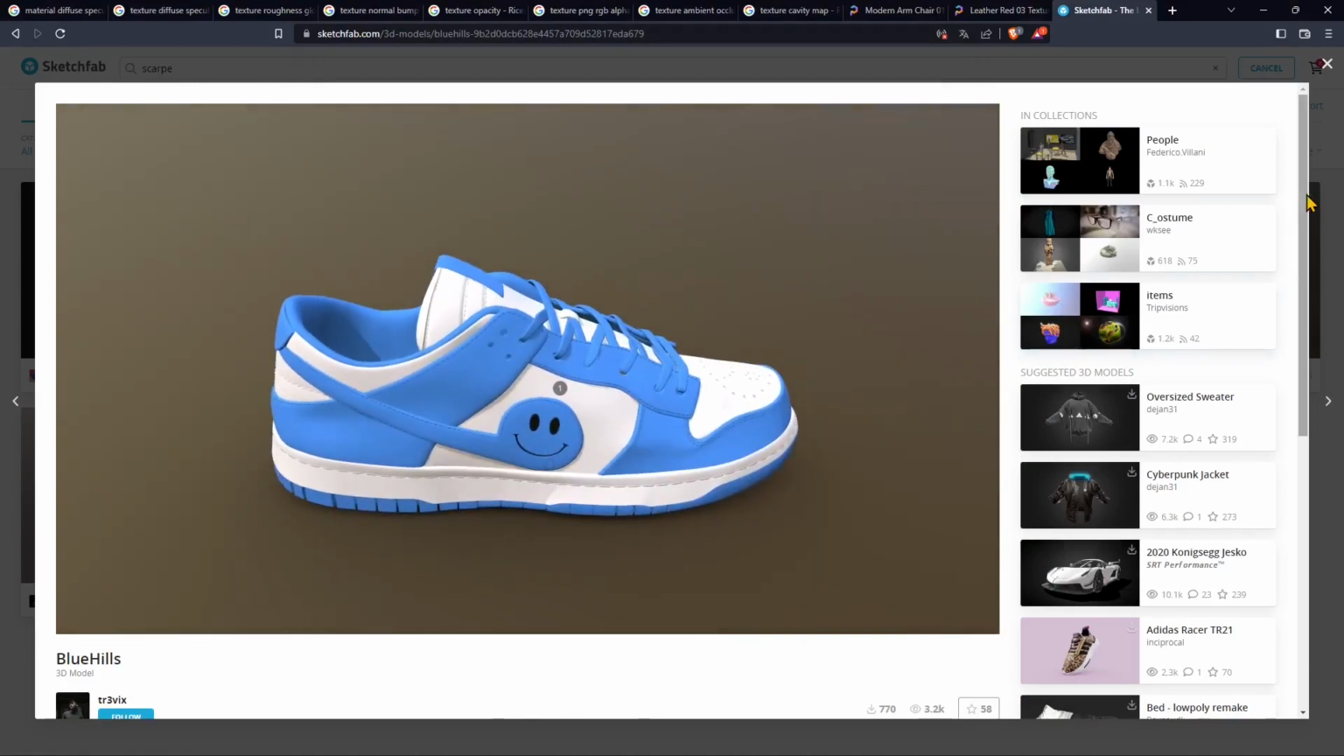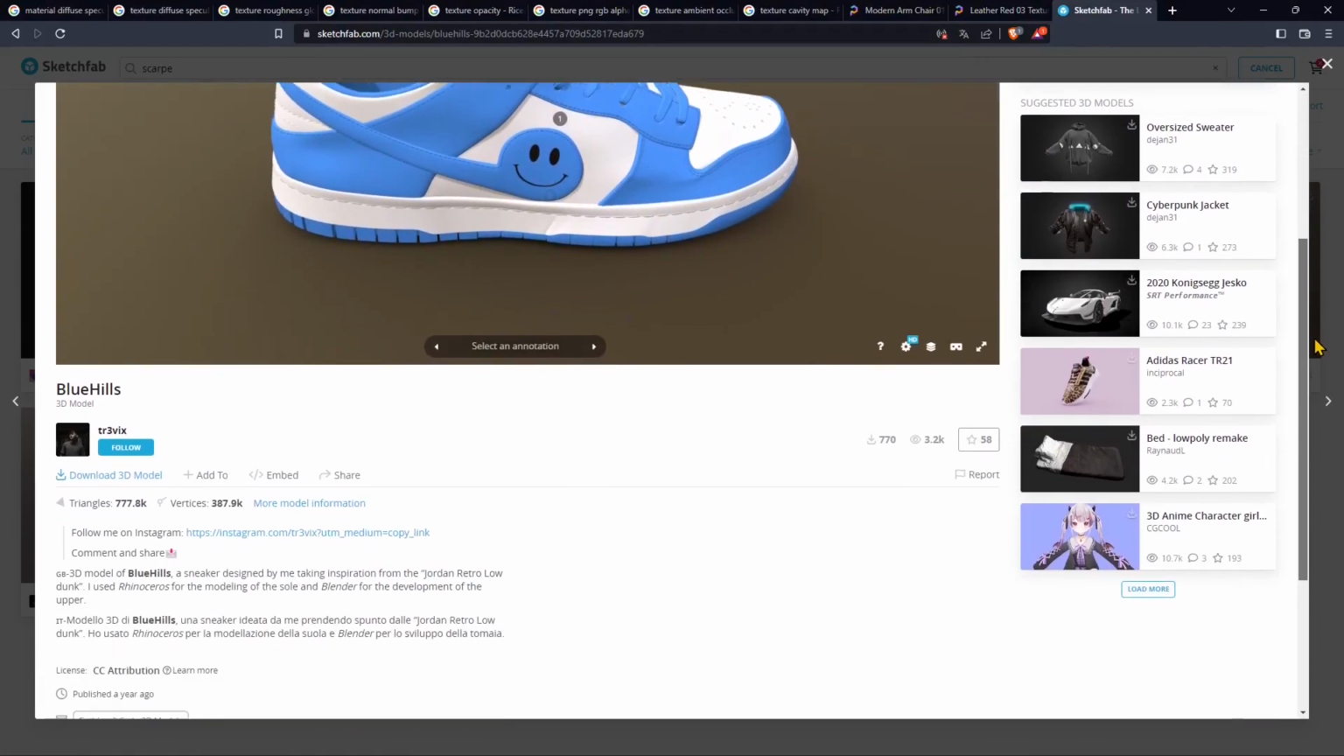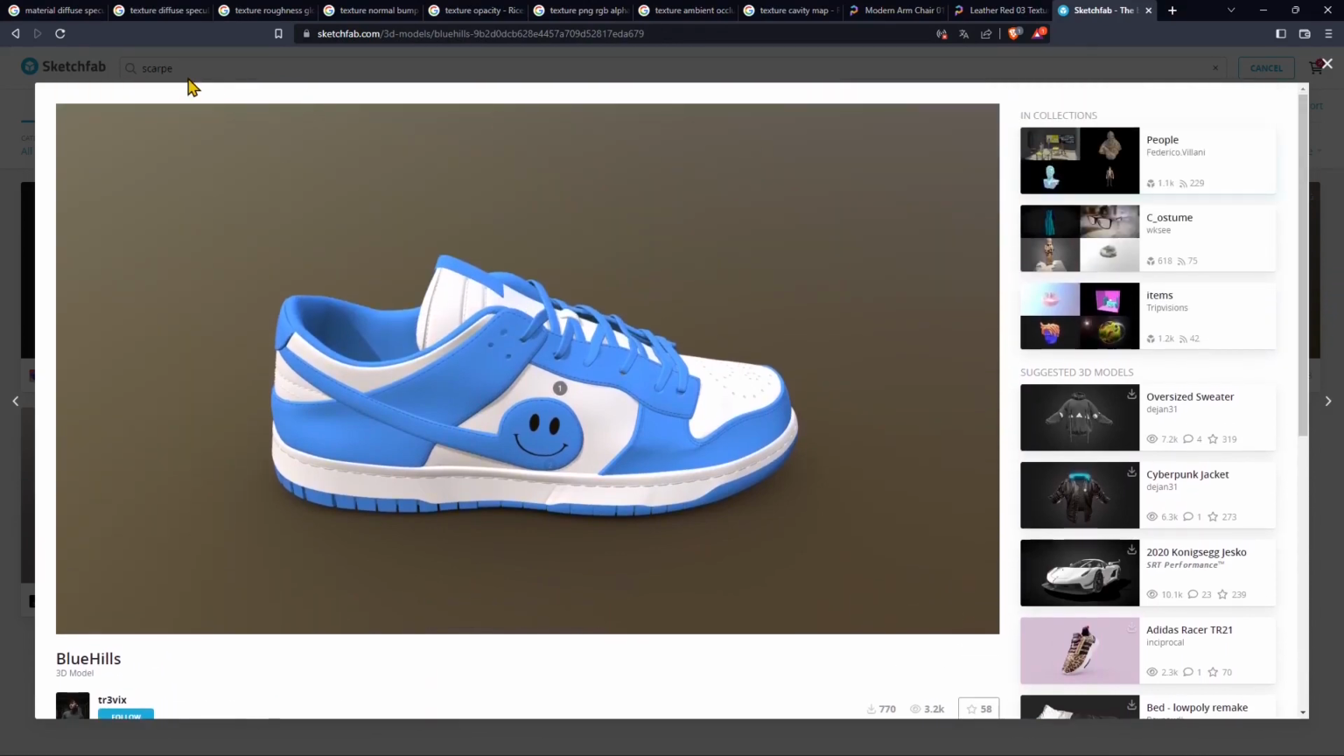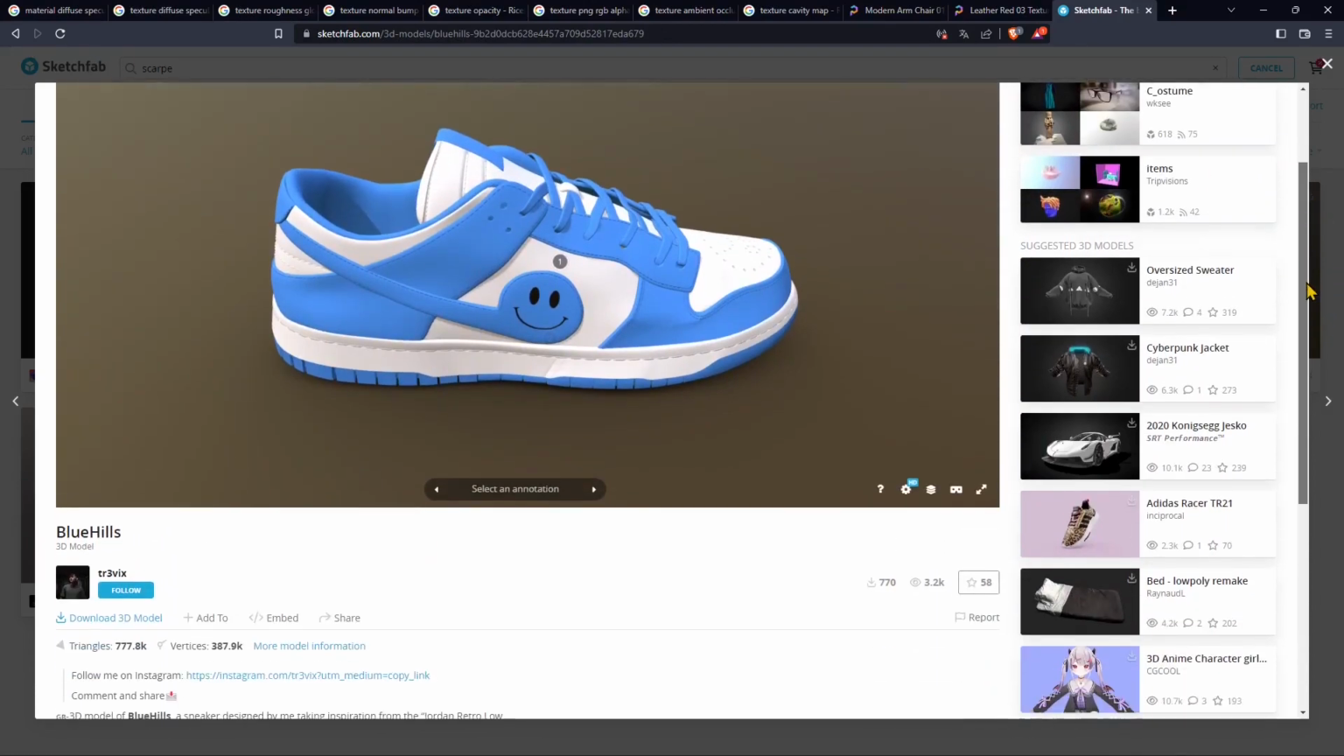Now we can also get 3D models here from Sketchfab, like this one here, which is a shoe. We can test here some text